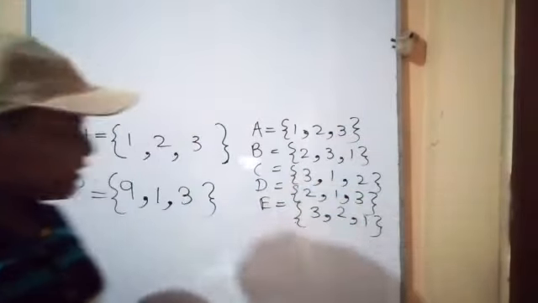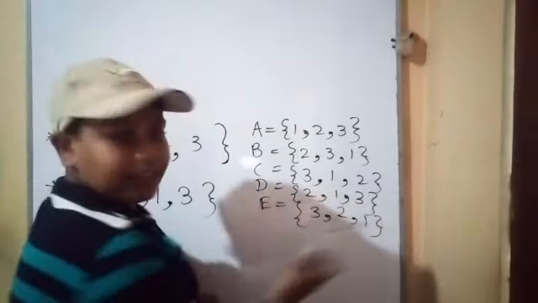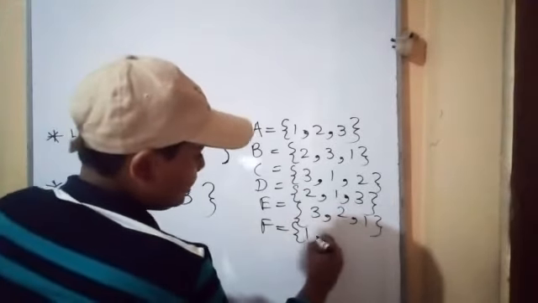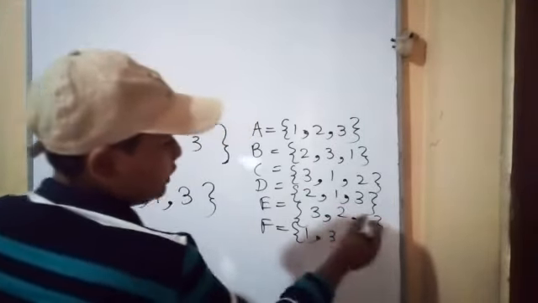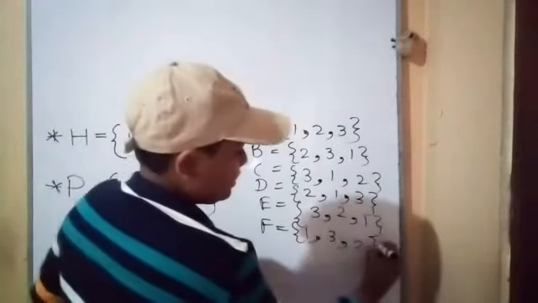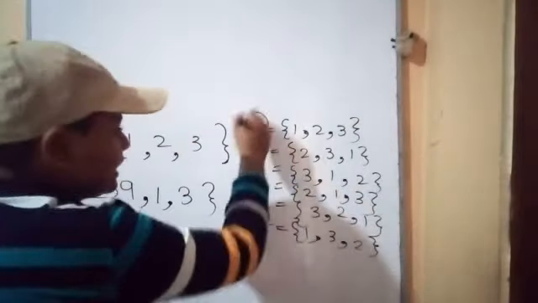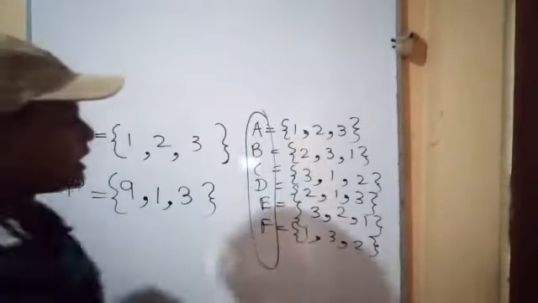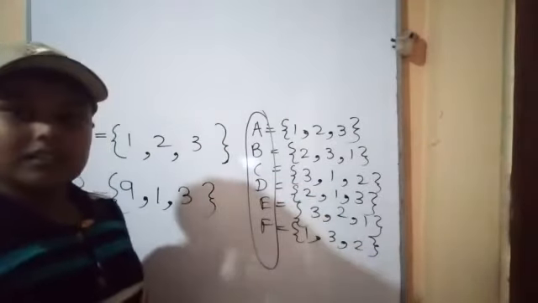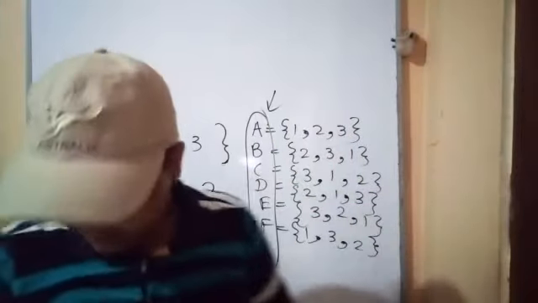I can write next also 3, 1, 2, 2, 1, 3, 1, 3, 2. Like that also I can. 1, 3, 2. Now 3, 2, 1, 3, 1, 2, 2, 1, 3, 2, 3, 1. Like this. Now I write this 1, 2, 3 set as a 6. Now these are the English letters in the alphabet. This is also a main function for writing a set.